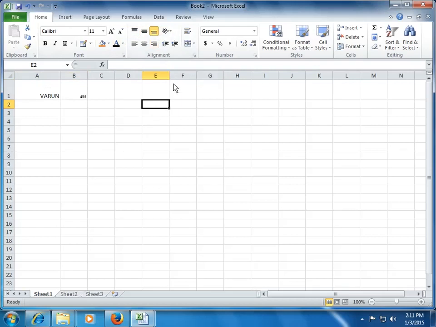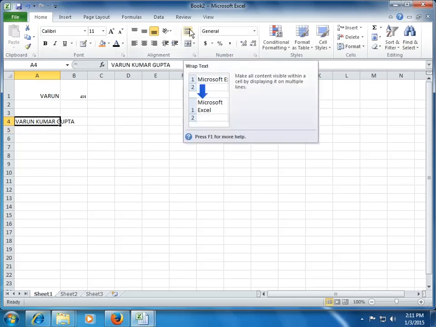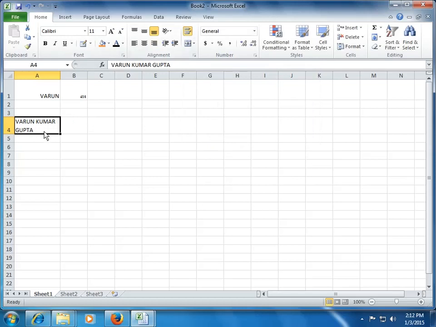Okay. Now another important thing which we have in our Excel sheet is the wrap text. What I mean by wrap text is, let's say I am writing data which is too big to fit in the given column width. So what I can do is click this button called wrap text and Excel will change the height of the row to fit the cell content in the cell, right?